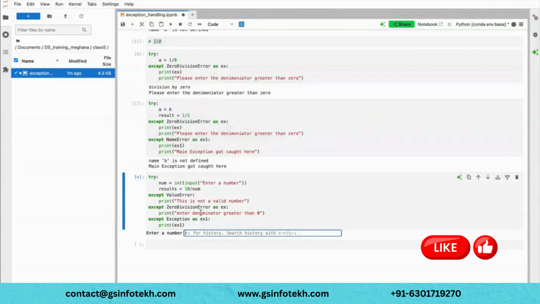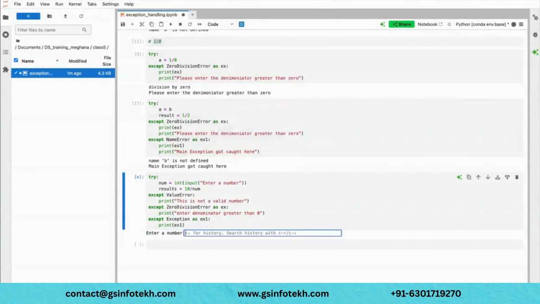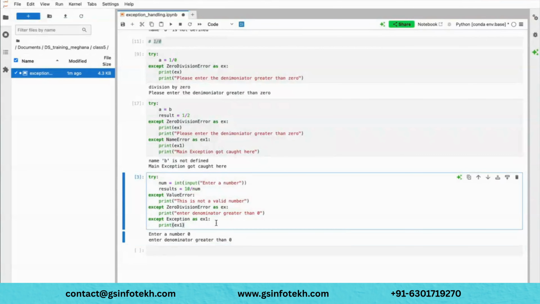Invalid. Let me enter 0. Yeah. So: enter the denominator greater than 0. So I'm able to handle these two exceptions. In these two lines, I got two errors and I'm able to handle them.